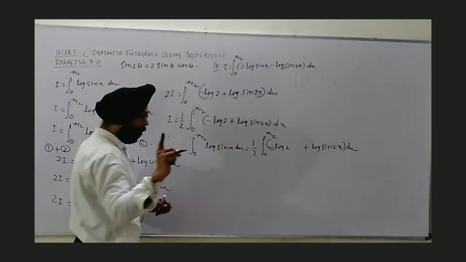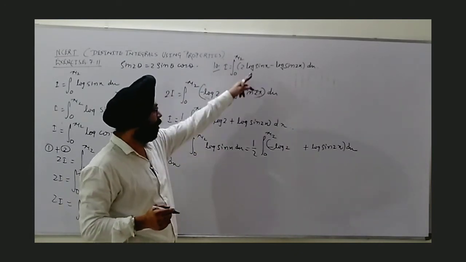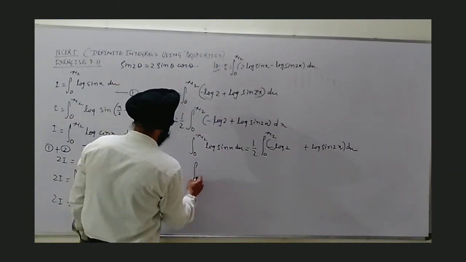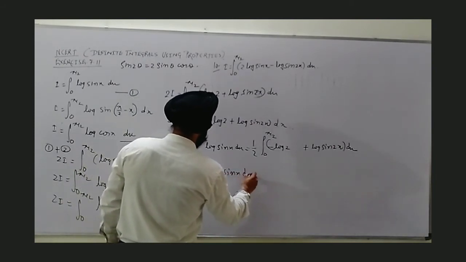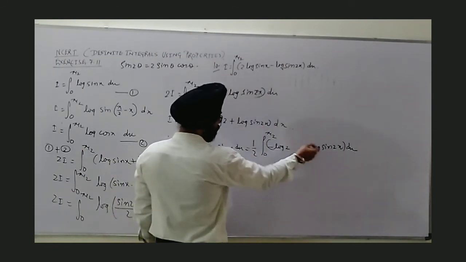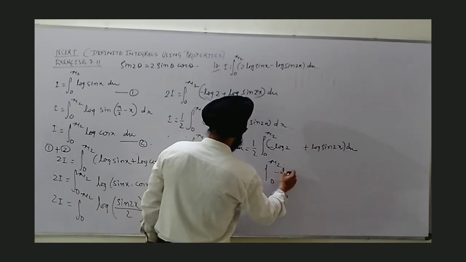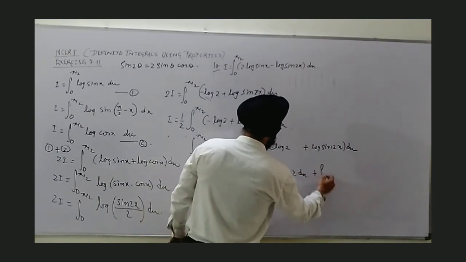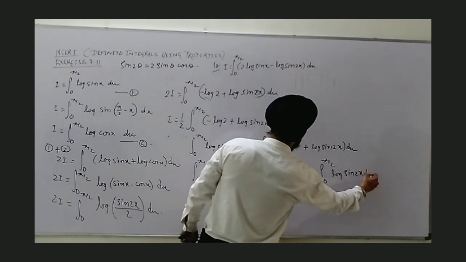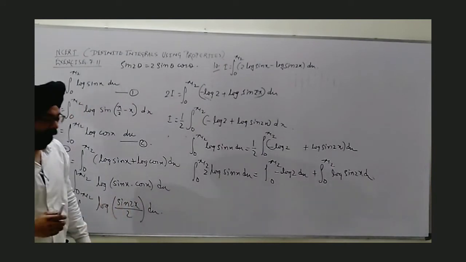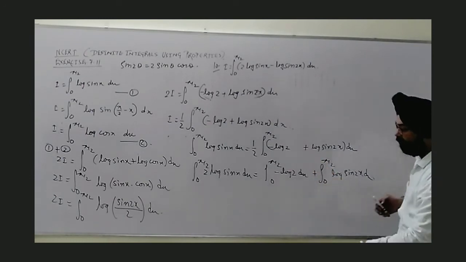Now, step number 1, the 2 is shifted to this side. The reason is that I am finding it with log sin x only. So with 2 shifted to the left hand side, I will find the integral 0 to pi by 2 log sin x dx equal to, now in this term we open, integral 0 to pi by 2 of minus log 2 dx plus integral 0 to pi by 2 of log sin 2x dx. As required, I need this as the second term in the same limit, so this will be shifted to the left hand side.